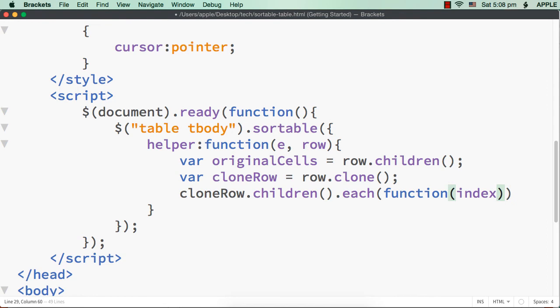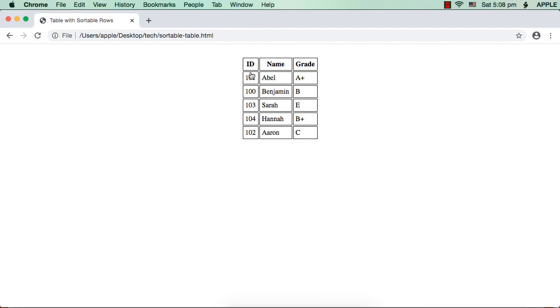And I want to get the index of all these cells, because as you could see here, the width of each item is different. The width is set so that it could accommodate the longest value. Here 101, 102, 103, all these values are having the same width. So the width is set to accommodate these values, and here the width is set to accommodate the longest value, which is Benjamin here. And for this column, the longest value is grade. The longest means the number of characters in terms of characters. So grade is having 5 characters. So to accommodate this word, this is the width set for this column.